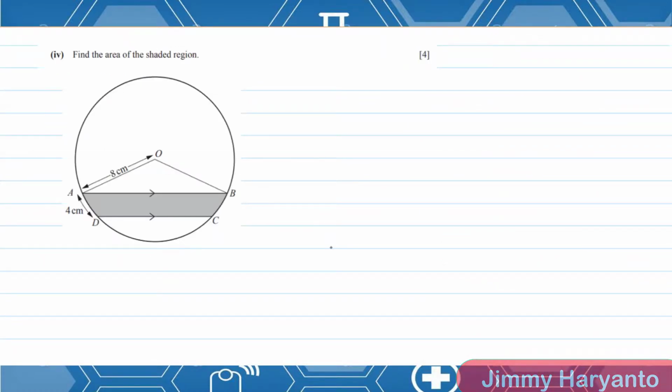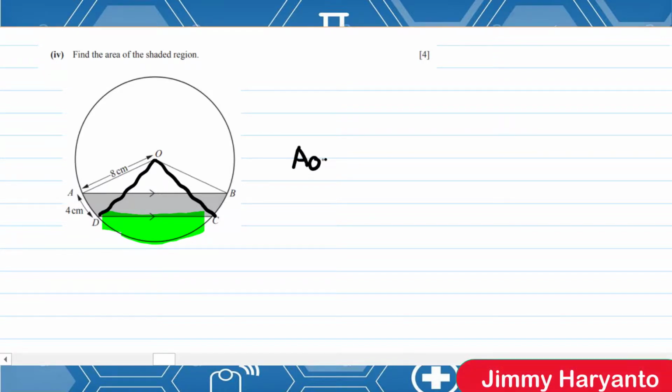And then to find the area, we have to think like this. Yeah, first I have to find this one, the green one. To find the green one, you have to use this area of sector. So I have to find the area of sector of DOC. Yeah. Okay, for the area of sector DOC, the formula is